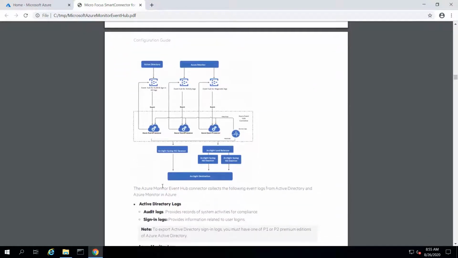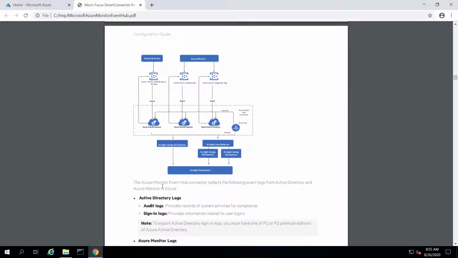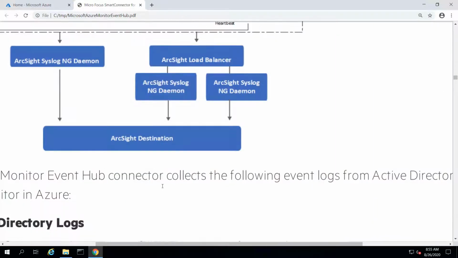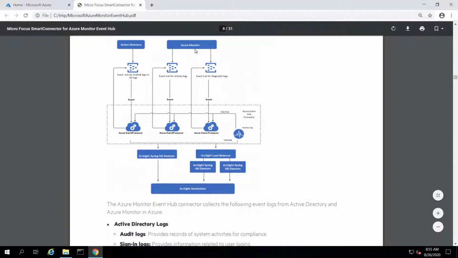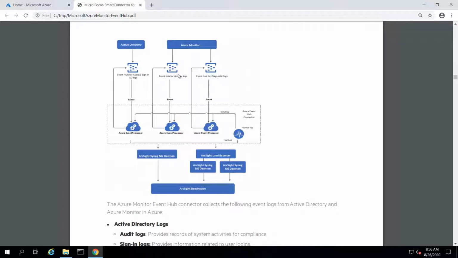So we've included a nice little diagram here of what the architecture is actually doing. Let me just zoom in here and take a closer look. Effectively our monitoring around Azure, Active Directory and so forth, these particular types of events, audit and sign-in logs, activity logs, and even diagnostic logs if you wish, can go into this event hub piece. Think of that as that Kafka cluster,